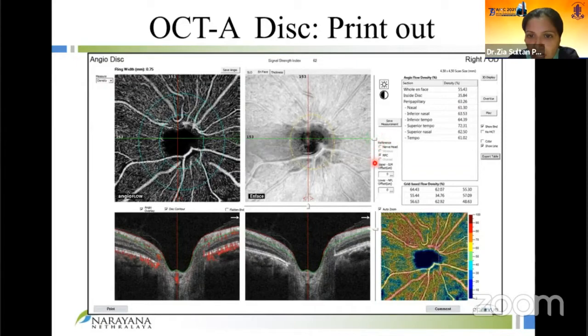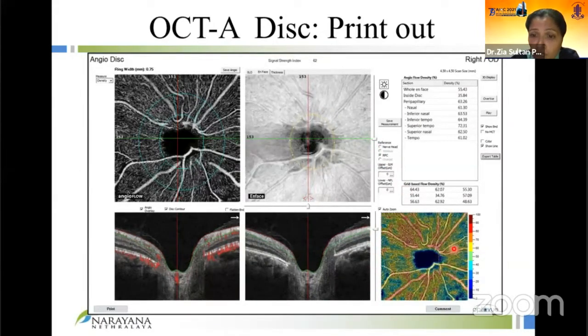On this section here, I know it's small, but this is the area where you can actually choose what layer you want. So the nerve head layer or the RPC layer. After chosen, it will give you the densities in this scan, in this little chart over here. And those will change depending on what reference layer you have chosen. And over here, we have a heat map.